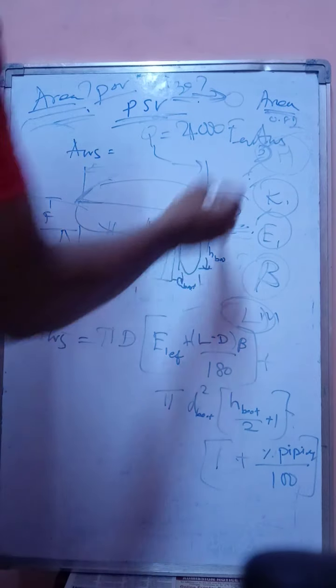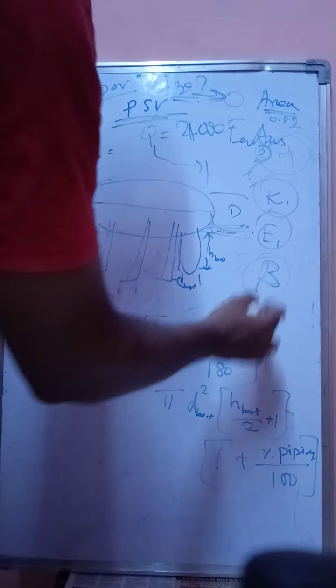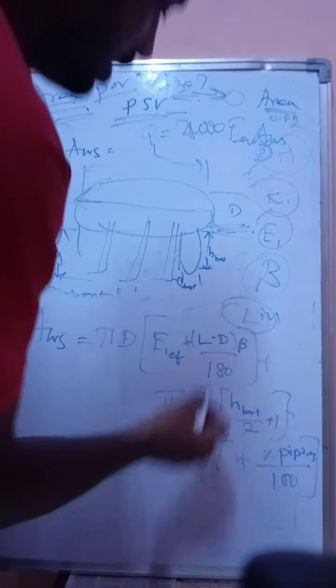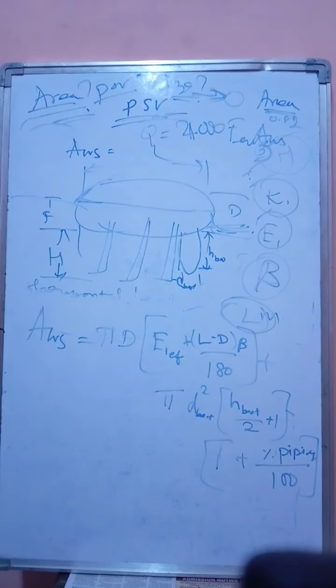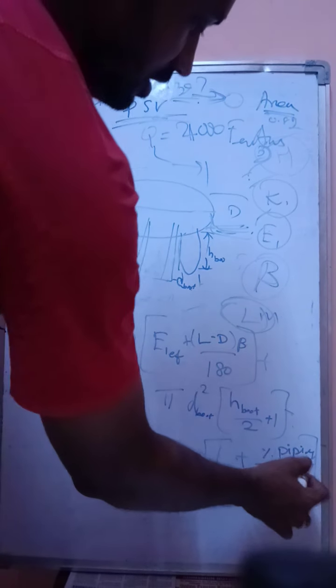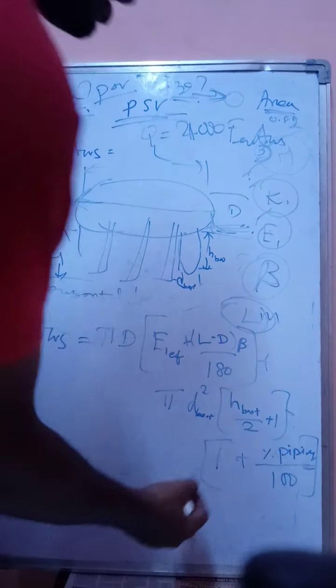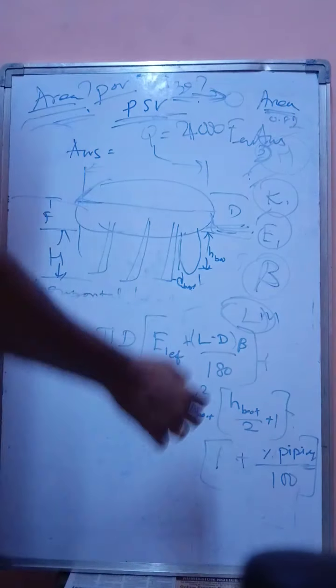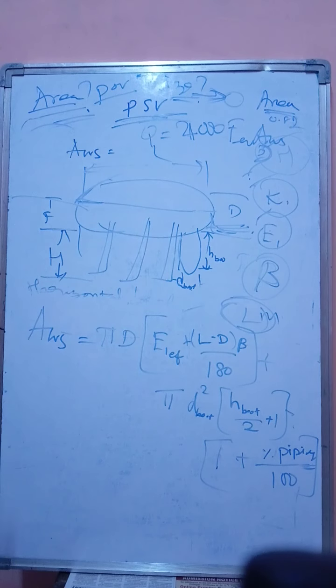So now we have K1, E1, beta and length, and we found out the angle also. This will be given in the requirement given by the client. So you implement all these calculations, you will get the vector surface area, right? The next thing we have to see is what is the total vapor load that will be flowing through the pressure safety valve. That also we should calculate.